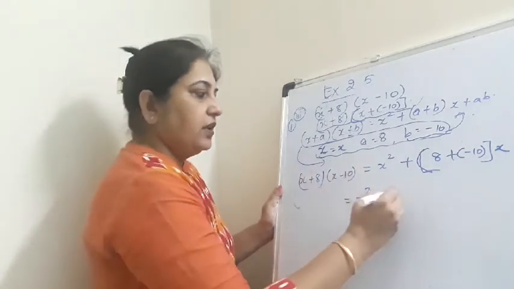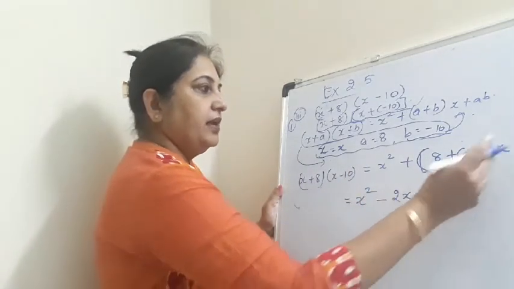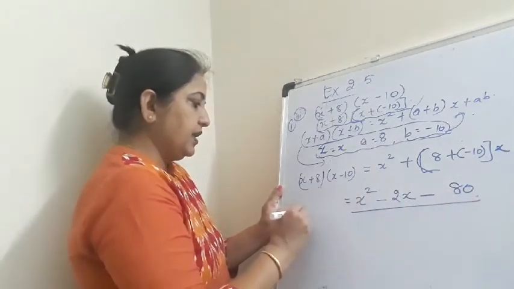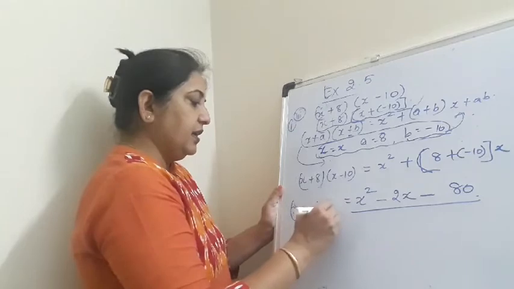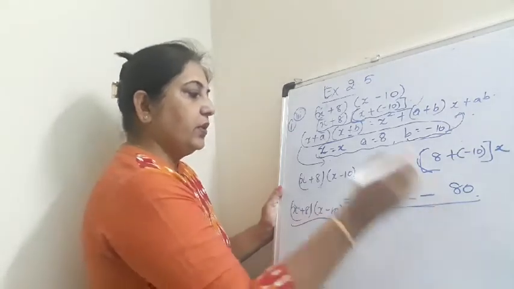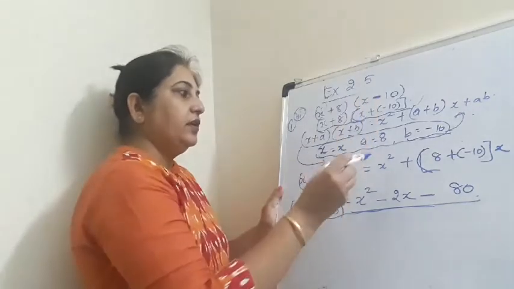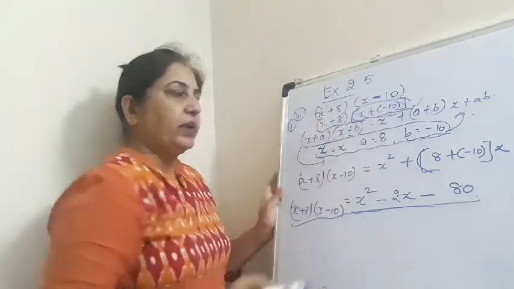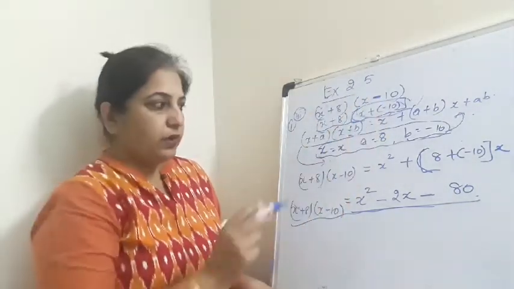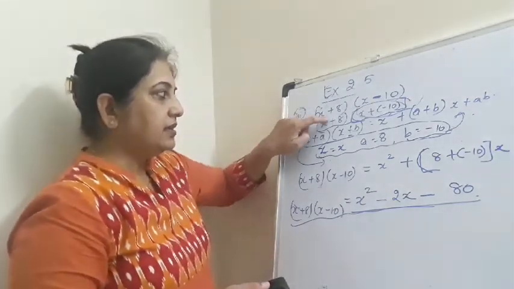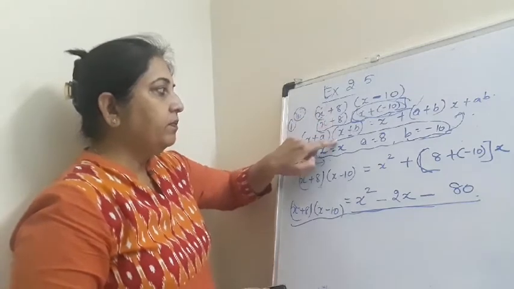Minus 2 into x will give you minus 2x, and minus 10 8s are 80. So the answer for x plus 8 and x minus 10 will be equal to x square minus 2x minus 80 because of the negative sign over here. We change the format of the question. Okay, so I hope this question is clear to you. Suppose you have any question with the minus sign, you will change it in this form and then proceed